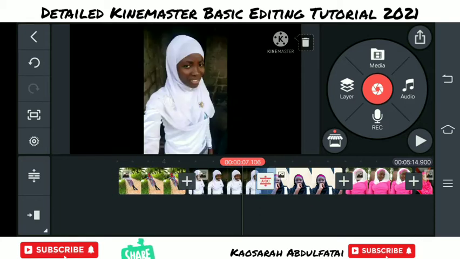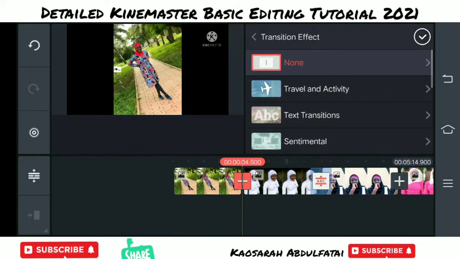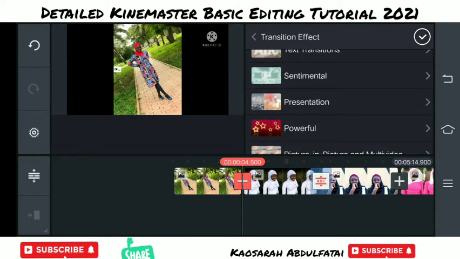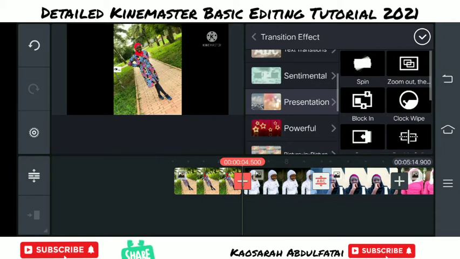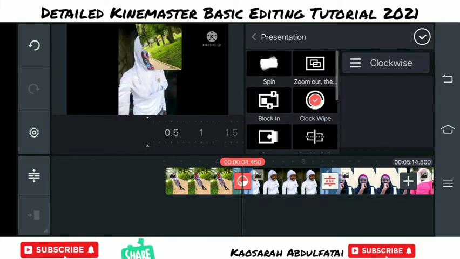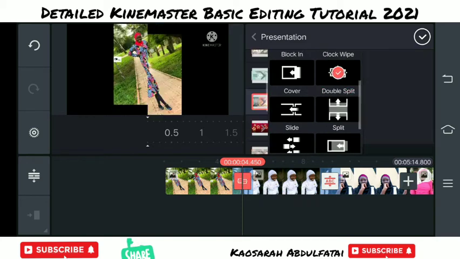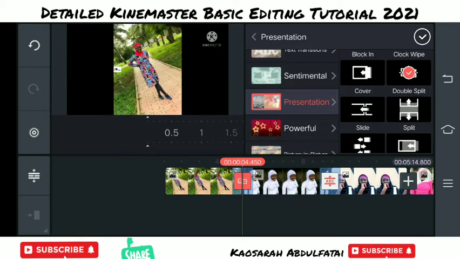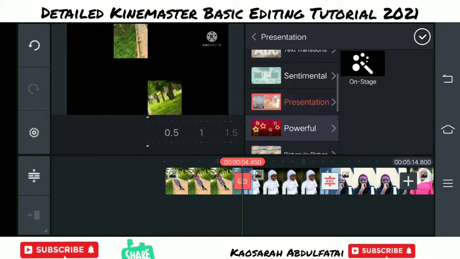Now I'll be adding a transition between the clip again and the previous one that I had there before. So I think this effect is quite okay. Or you can select every other one. You can see I'm making different samples from the ones I'm seeing so far. So just select the one you feel will be right or fits what you are trying to create. I think this one is okay. I'm good to go with this.